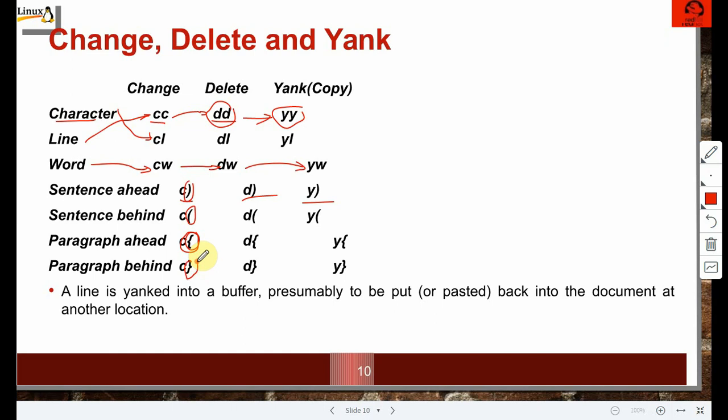Only thing is that there might be some misprinting or typo, but yes, commands are more or less the same, which I demonstrated, like dw, yw, dd, yy, d open parenthesis, close parenthesis. We can take a look at these examples from your side.